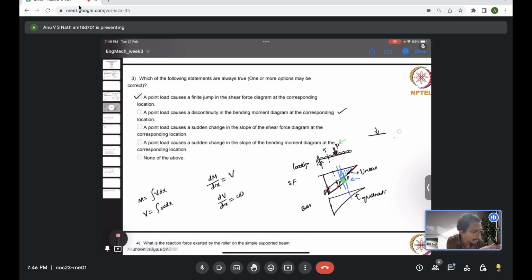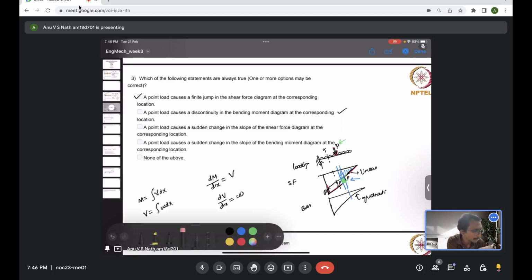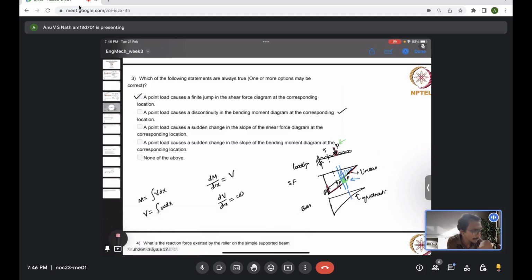But what happens in the shear force diagram due to this sudden loading is that it adds this much of area, a slight area. So if you evaluate the area under the shear force diagram,